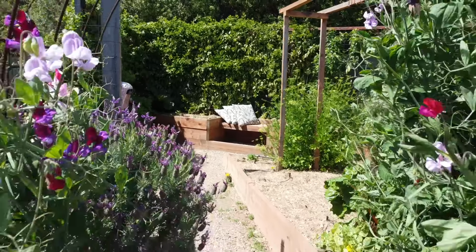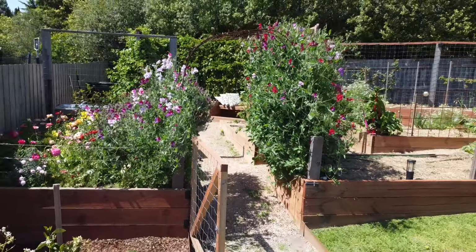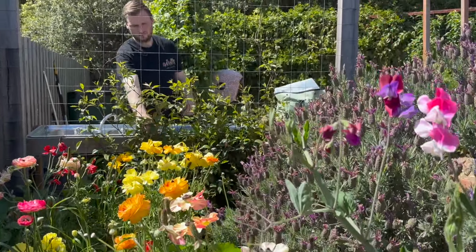I'm in Geelong today taking a tour of possibly one of the most beautiful veggie gardens. It might look familiar to you. If you use Instagram, there's every chance it's popped up, all the amazing things that he grows, but also the amazing ways that he does it. So today Ash is going to take us for a full tour of his garden. It is October, it is spring, he is planning for the summer months, and I can't wait to show you